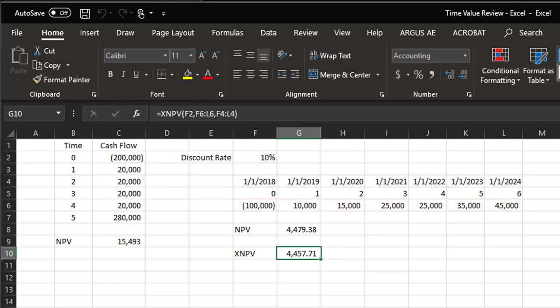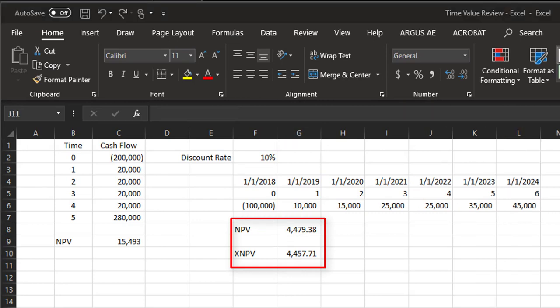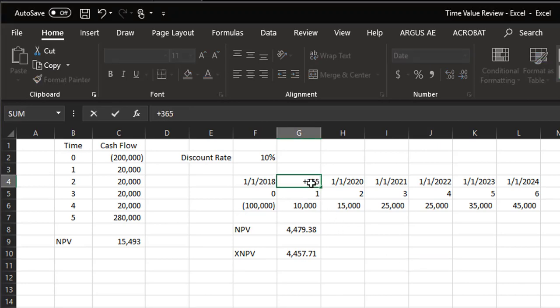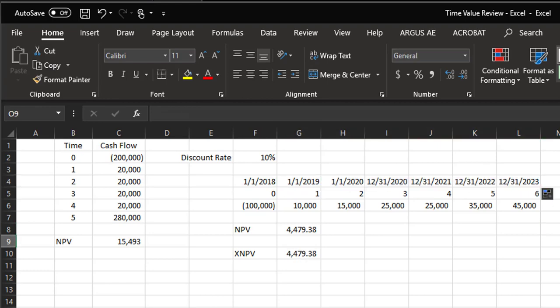One might notice that there is a difference between these two results. It's not a huge difference, but it's enough to cause maybe a little confusion. The reason is the XNPV function is using actual dates, and because there's a leap year involved in here, we've got some extra days and it's messing up the calculation a little bit. So I'm just going to adjust this real quickly and say 365 days after our very first date is this next date. I'm going to copy that formula across. Now there's intervals of 365 days instead of the first of every year. So we're ignoring the effects of that leap year,